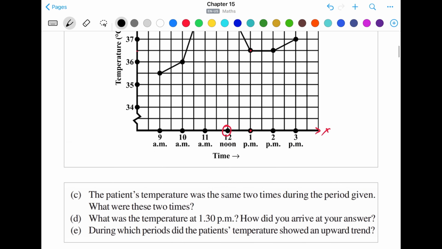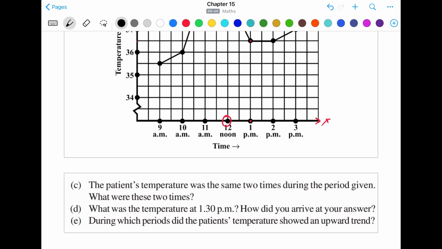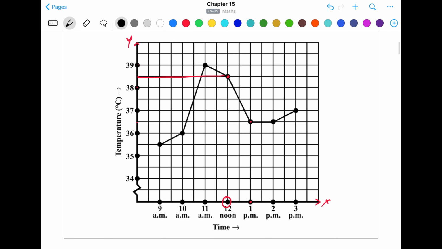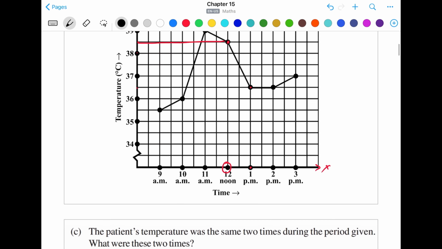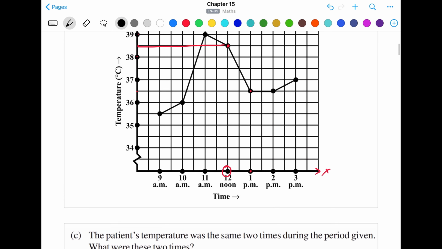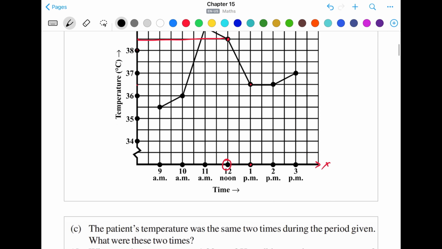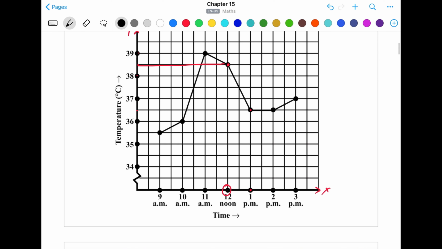Okay, now the third question is, the patient's temperature was the same 2 times during the period given. What were the two periods? That means between two periods the temperature of the patient was similar, so we have to find out that temperature, or the time during which the temperature was same. As you can see in this region this line is flat, that means the temperature has not changed between this period, that is from 1 p.m. to 2 p.m. So the answer for part C is